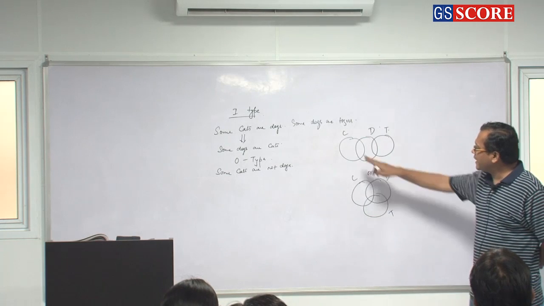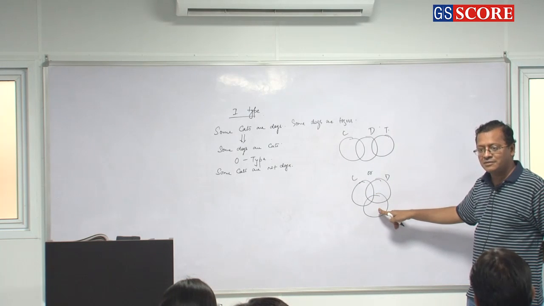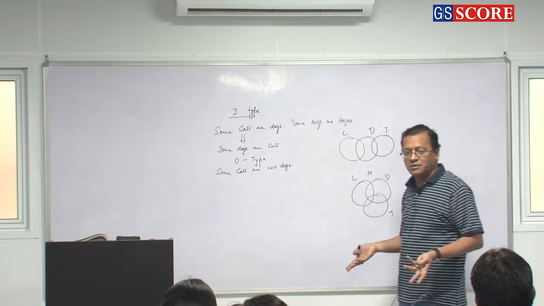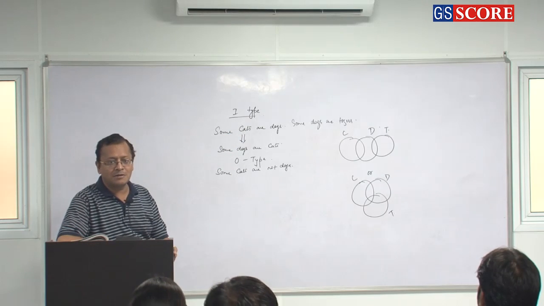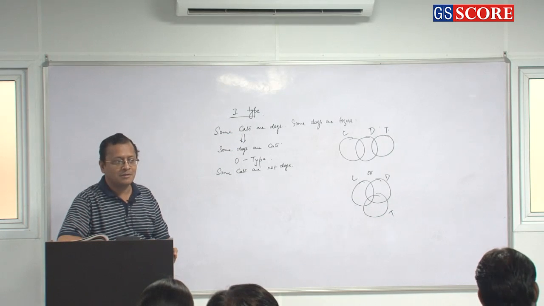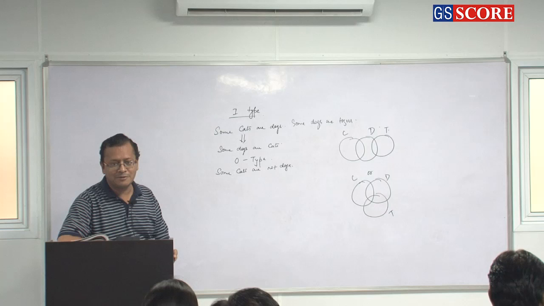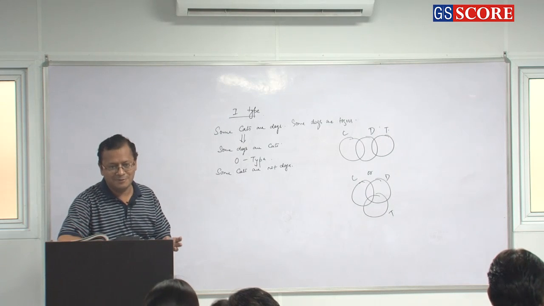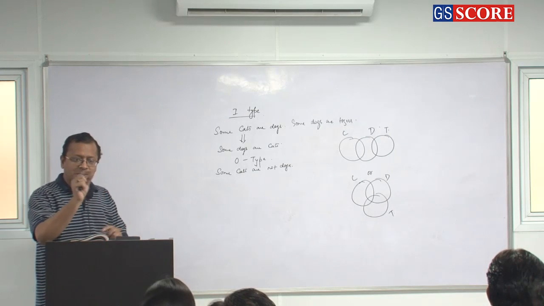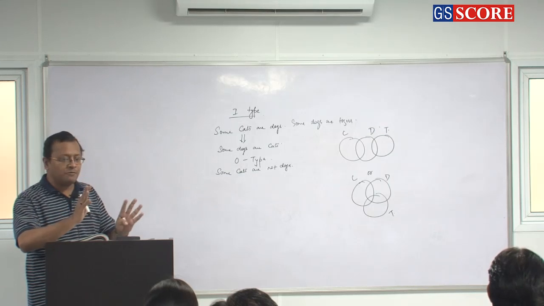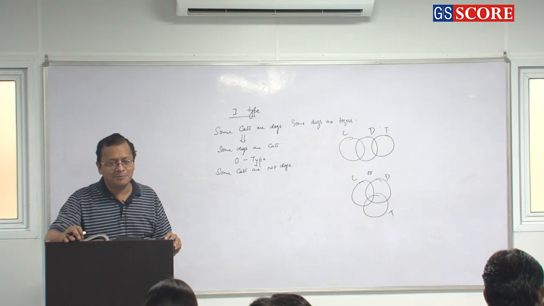So can I say some cats are tigers here? This is not a valid conclusion. A conclusion cannot be yes and no. Either that will follow or this will follow. Either you say some cats are tigers or you can say not all cats are tigers. Clear or not? Are you getting it? So you just remember that one proposition and draw the Venn diagram with an open mind, you can get any question correct. Clear or not?